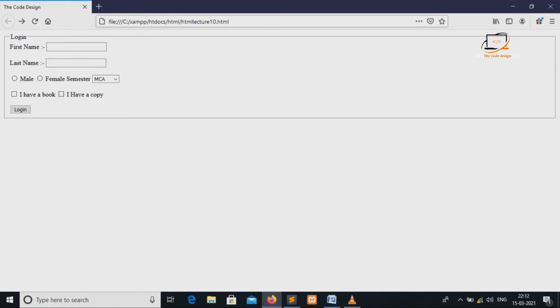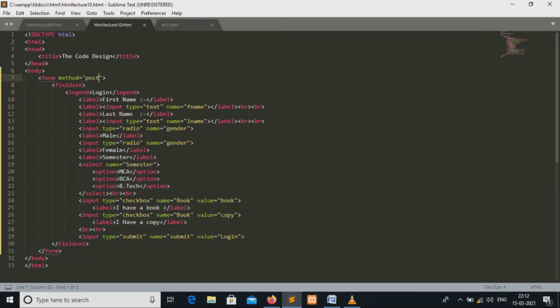Here the value should be not displayed in the URL tab. So basically post tag are used in any login or registration form, so that the value of that form should not display on the URL tab. So the data should be secure.